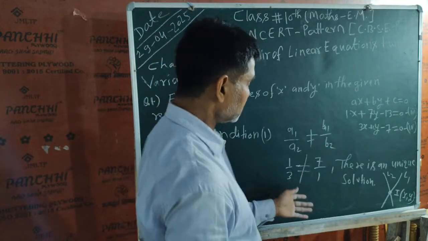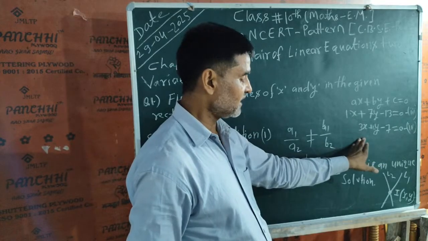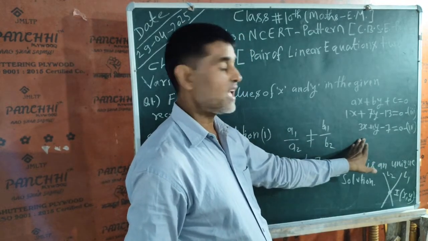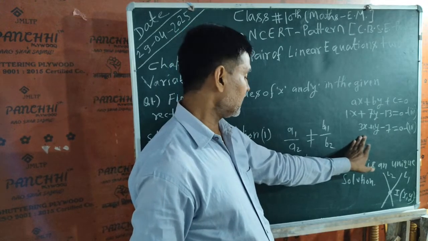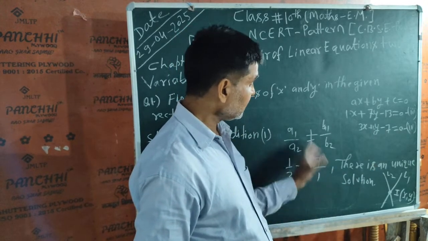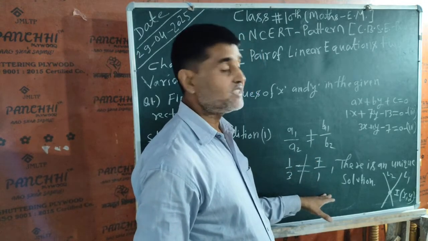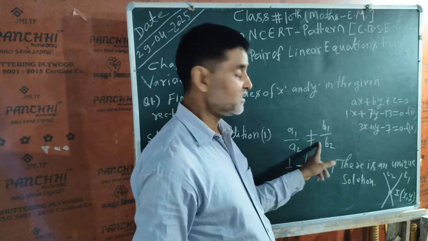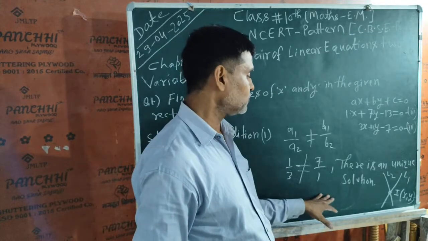Now here it is confirmed that there is a unique solution, so that unique solution I will get with the help of the substitution or elimination method. Any one method I will use for finding that. If the second condition and third condition exist here, then in the second condition there is no solution, but in the third condition there is an infinite number of solutions, because